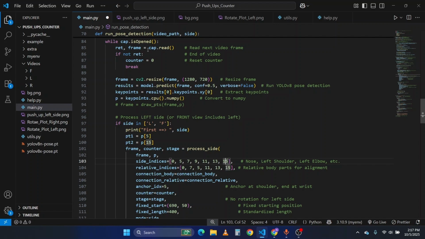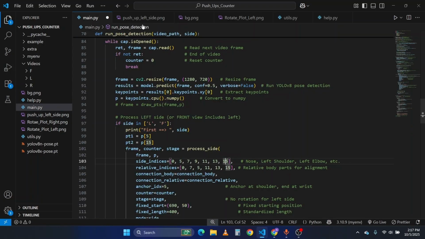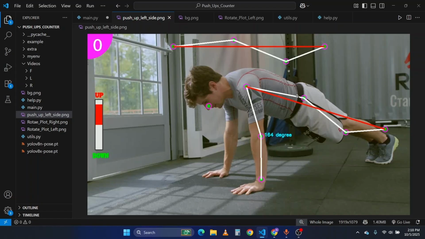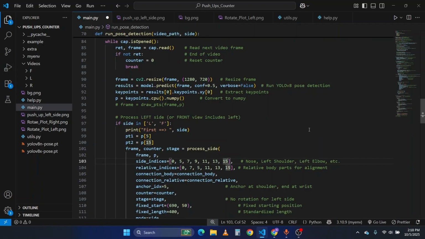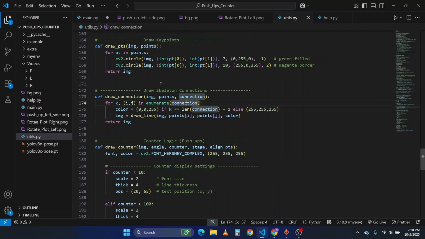So what is it? Let me show you. Here, 1 is 5 and 6 is 15. The 5 is this point, and 15 is this point. So we are making a connection between this point and this point. I am making this last connection using this 1 and 6. That's why I have used enumerate here with k. So when k is equal to the length of connection minus 1, it will change the color,